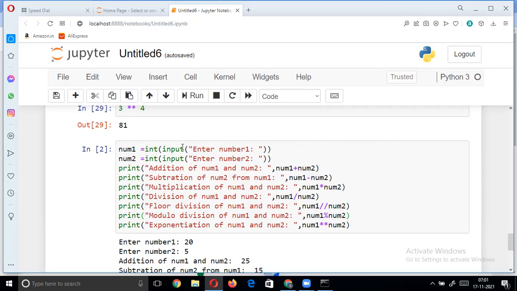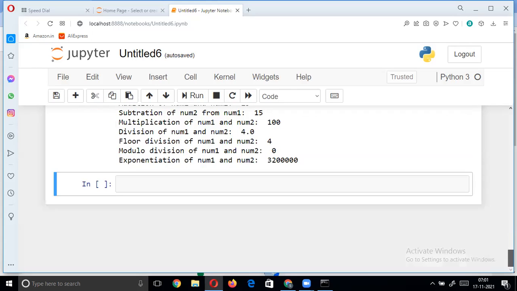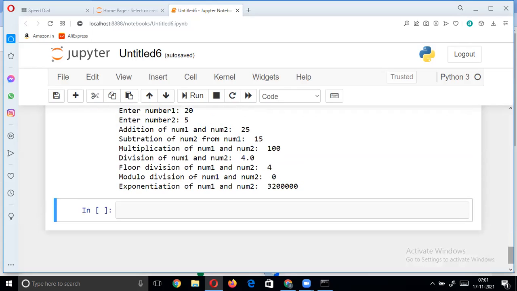So that is how it works. We have to provide the syntax to convert from one data type to another. That we will discuss again with some examples. Next we'll see